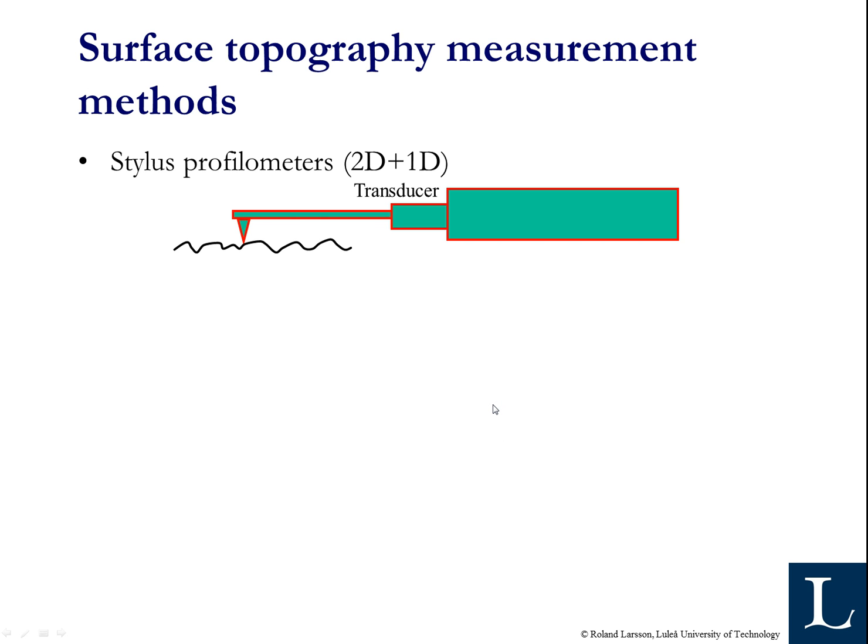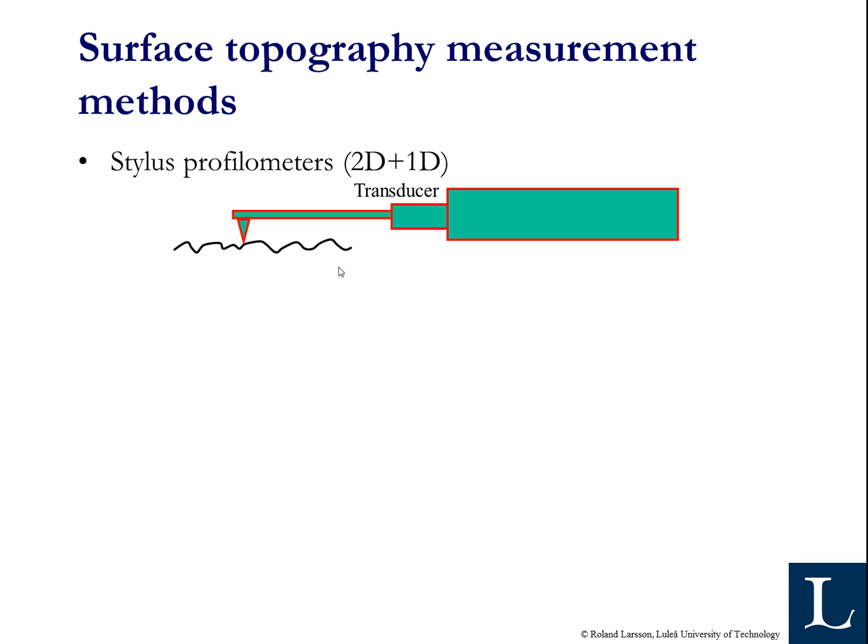The different types of measurement then, well, the most classical and still very often in use is the stylus instruments. You are using a kind of needle or stylus which you are moving along the profile like this, and this needle or stylus is moving up and down, and you have a transducer that records how this stylus is moving. Then you can scan a surface, and that gives you a 2D graph of the surface, but you can also move it back again and take a new trace just near the previous one, and you can scan a number of traces like this. That gives you a 3D